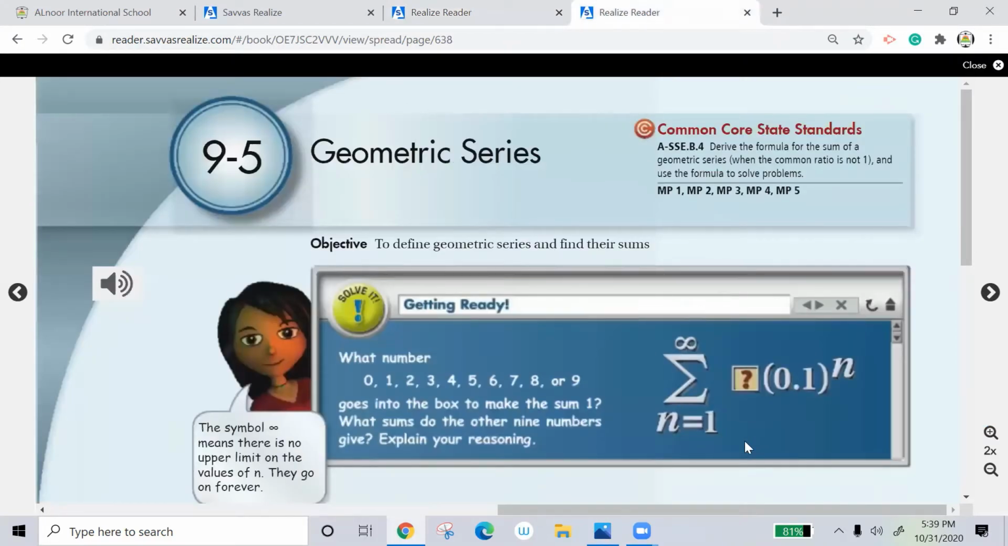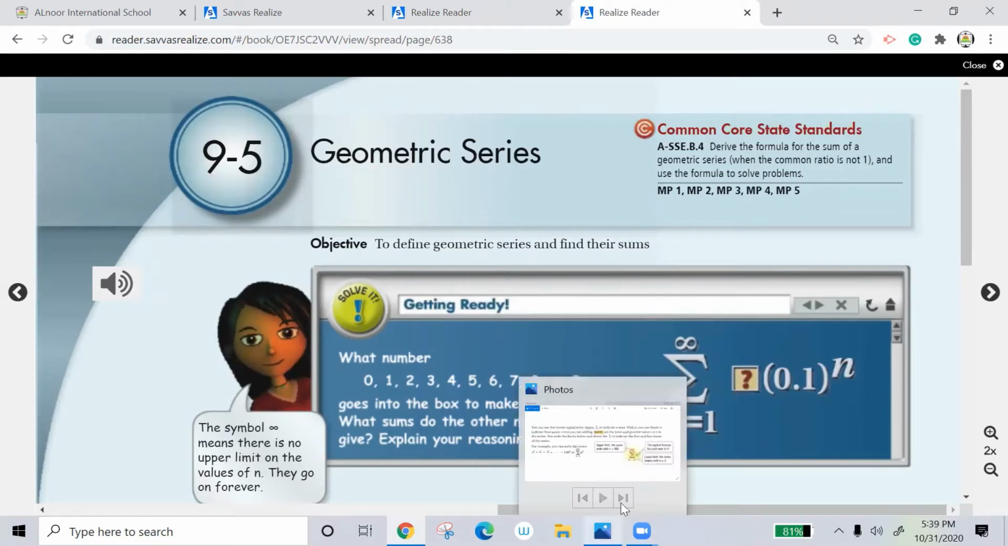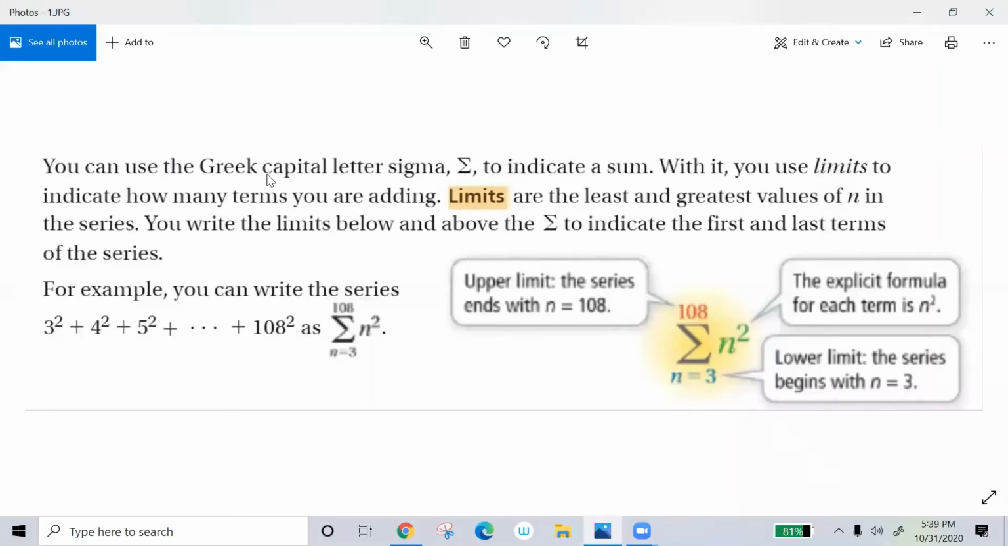For geometric series, we will use the summation symbol. You can use the Greek capital letter sigma, this symbol, to indicate a sum. With it, you use limits to indicate how many terms you are adding. What are limits? Limits are the least and greatest values of n in the series. So you write the limits below and above the sigma to indicate the first and last terms